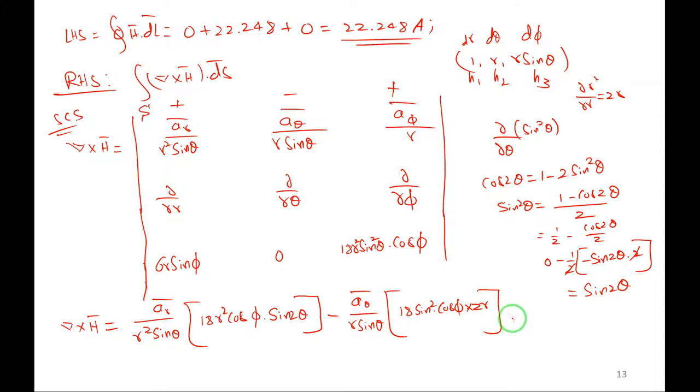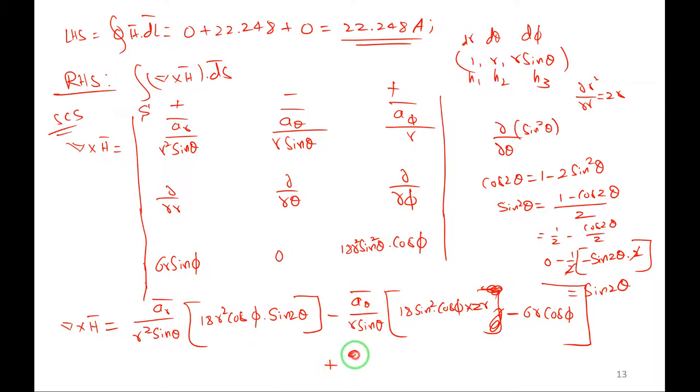Plus, sorry, not plus, still it is not over. So this is over. Then dou by dou phi of, minus dou by dou phi of sin phi. So 6r is constant. Differentiation of sin phi is cos phi. Dou by dou phi of 6r sin phi, 6r is constant, so differentiation of sin phi is cos phi. Then third term, I will write here.